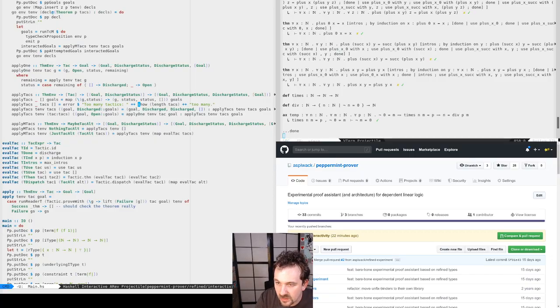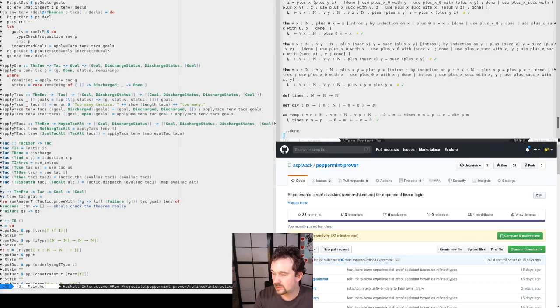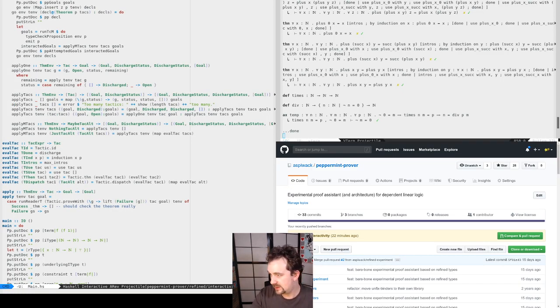Okay. So what's happening? I haven't figured it out yet. That is not a problem. It just does apply type. So here we have a bunch of goal discharge status, and we have a list of goals here. And we get green on the thing, which I'm probably not pointing out. What am I pointing out when I do this? You don't even see me pointing. I point more or less in the right direction there. Fantastic.